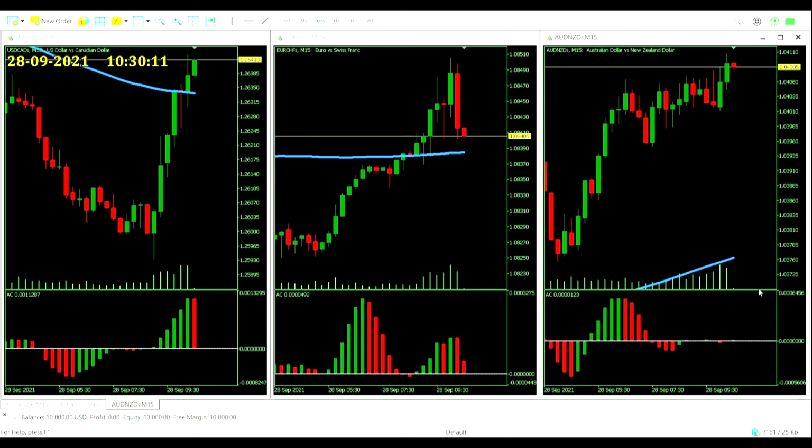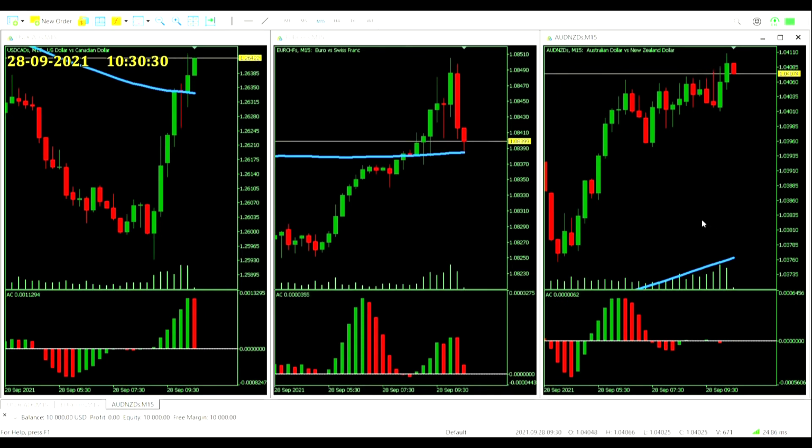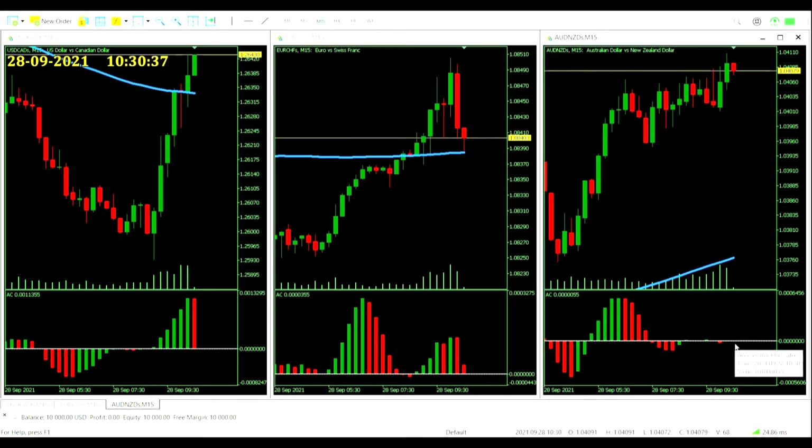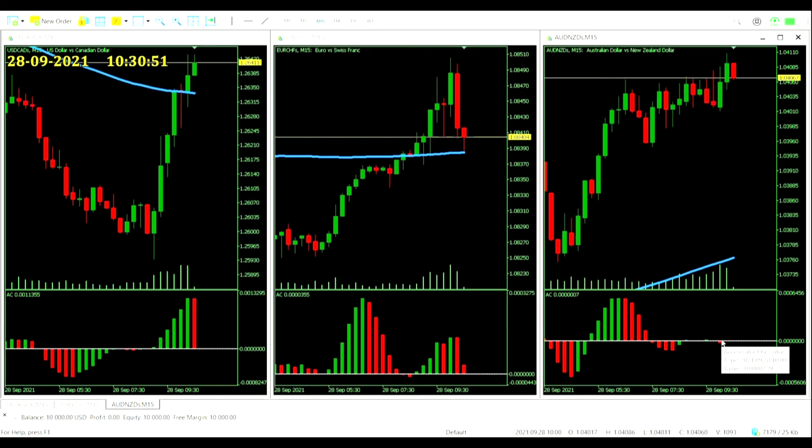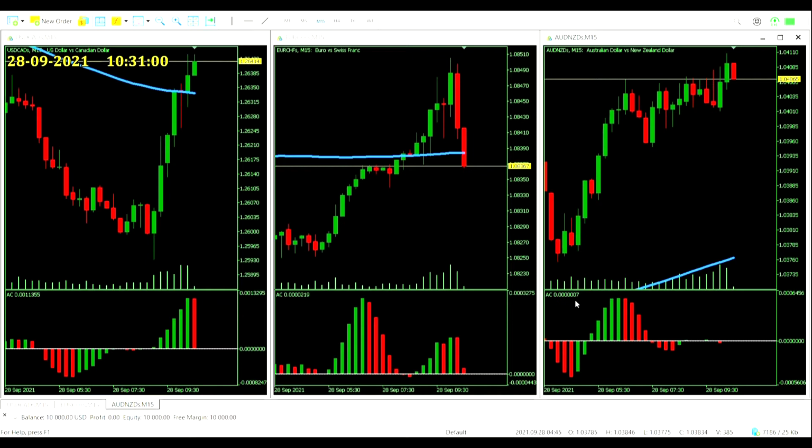If we zoom back out just to make sure, price comfortably above that 150 period moving average. So if it closes out like this in 15 times, we will have a buy trade on the Aussie dollar, New Zealand dollar. It's a very shallow reading though on the accelerator oscillator. So if we see a big red candle, could easily see that flip back across and get no signal from it. Even if we do get the signal, if it's going to crisscross like this, it's not going to be something we want. We're after proper moves here of at least 1.5 times ATR. So we'll watch for that closely if we do get the entry. You see it's very close to getting below zero there. Down now at